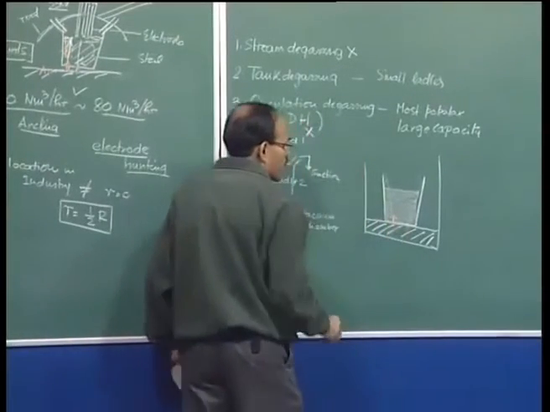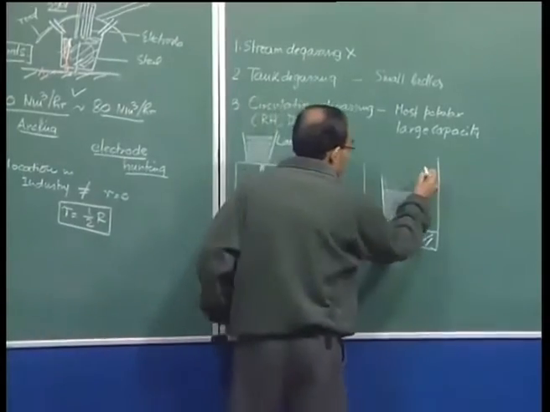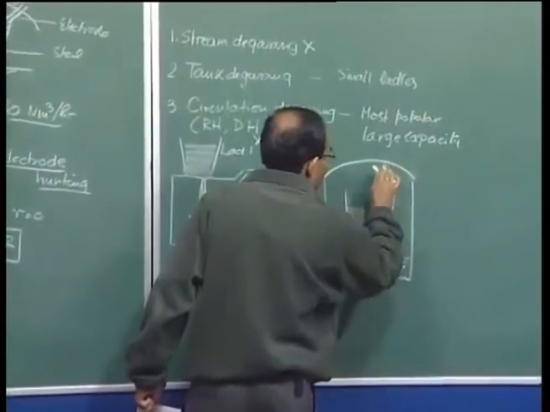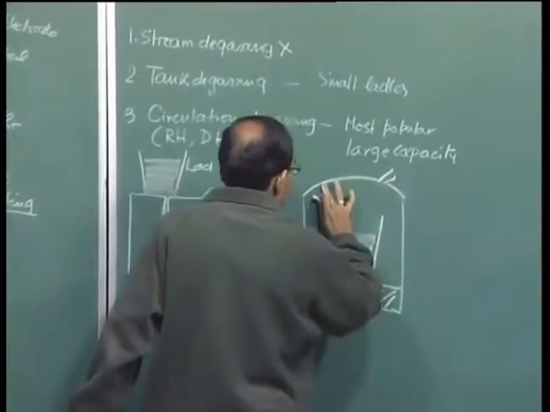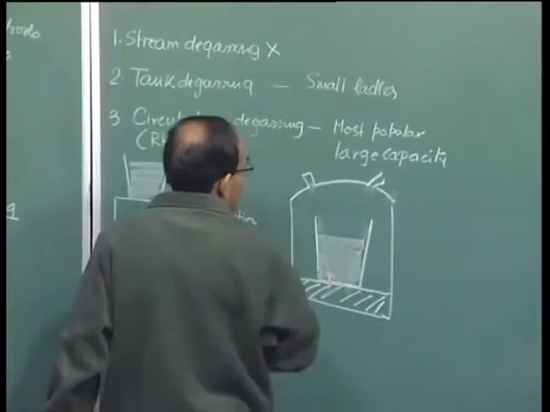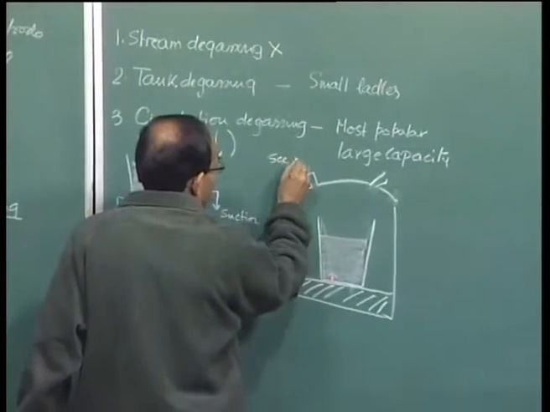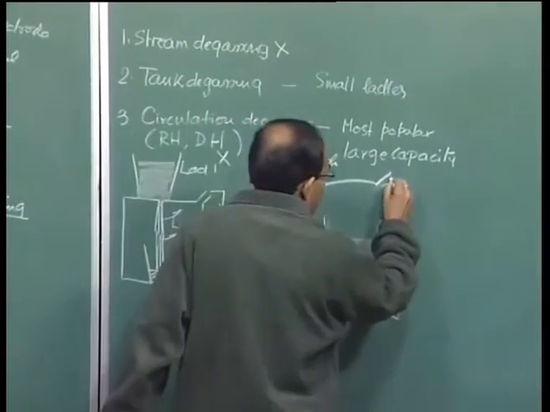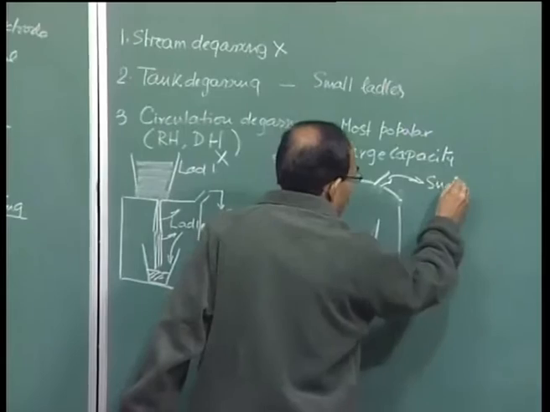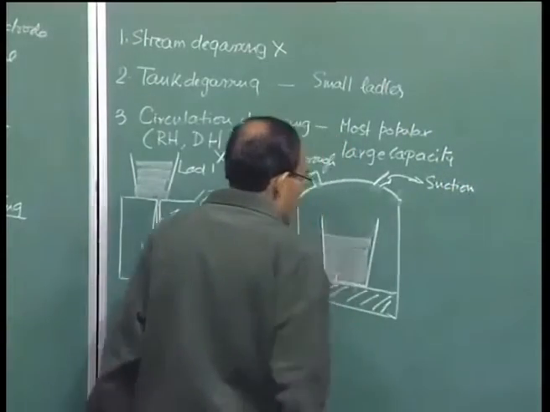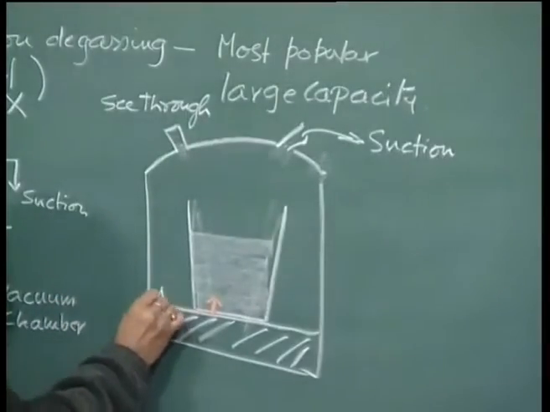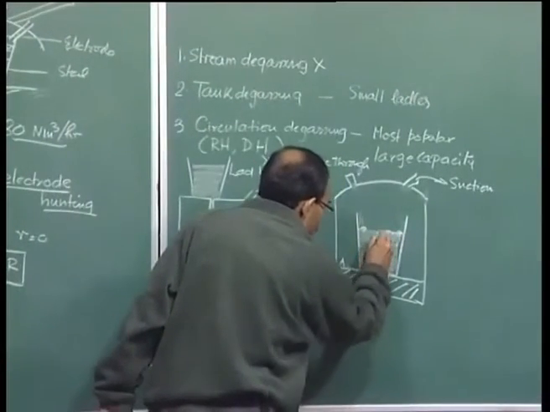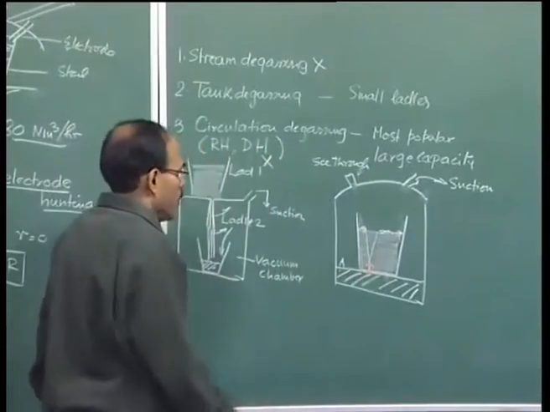This is argon injection, and the entire thing here is subjected to vacuum. We may have some windows also through which one can see the state, and then we have suction here, argon is injected here, we have slag here, and the plume is generated,